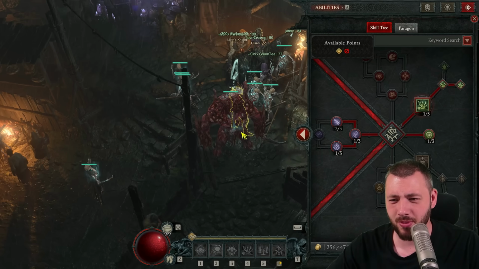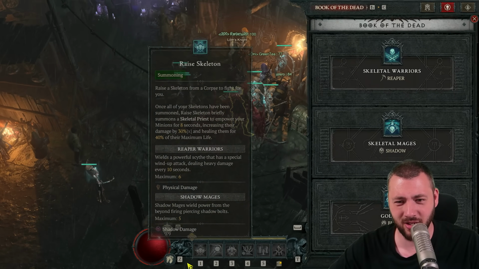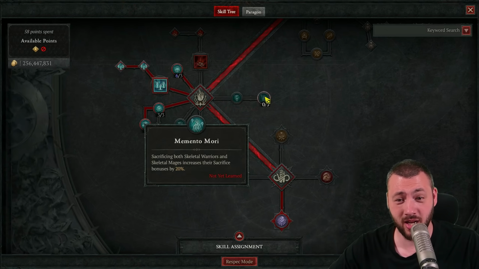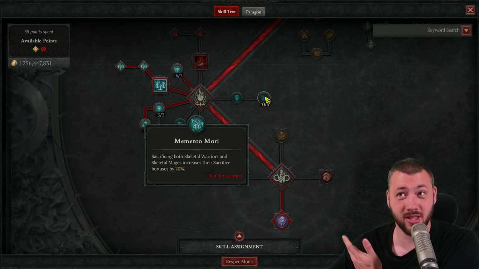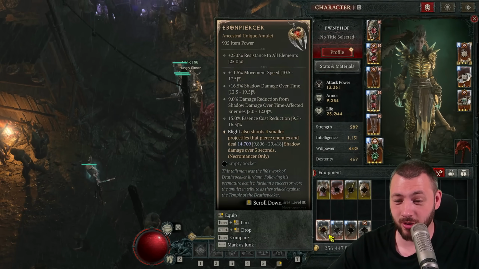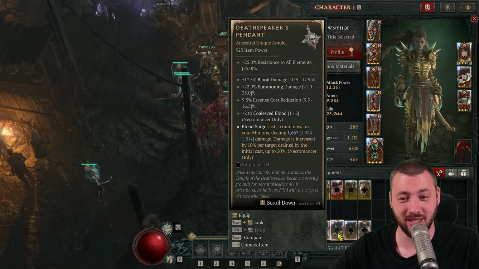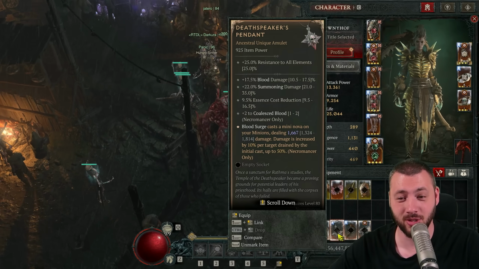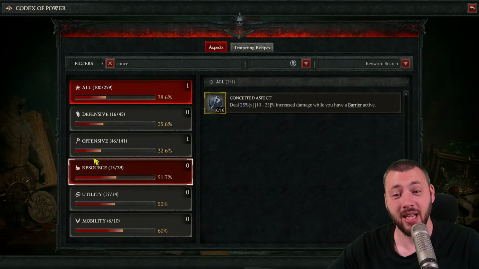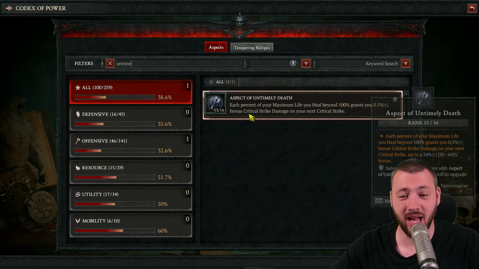But if you do that, it is kind of weird because you have the skills already blocked and then you're using raise skeletons, but you're sacrificing the mages. And if you do that, you can't really use Memento Mori, which would boost the sacrifice effects if you sacrifice mages. And then you're in this weird loop where the Deathspeakers Pendant doesn't feel really amazing and doesn't actually calculate your damage as much as you want to. You're better off just leaving it away, playing a minion build with Blood Surge regardless, and then playing Untimely Death,